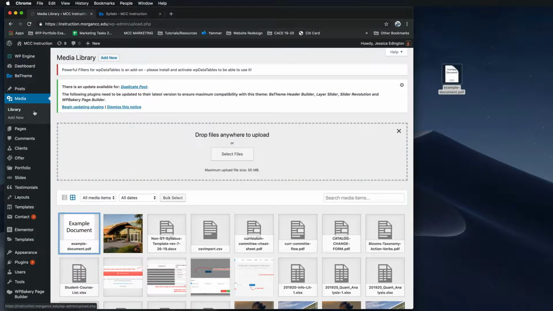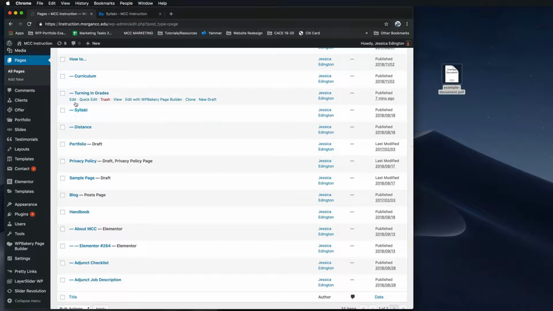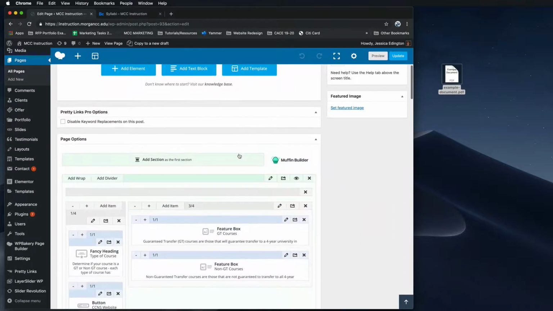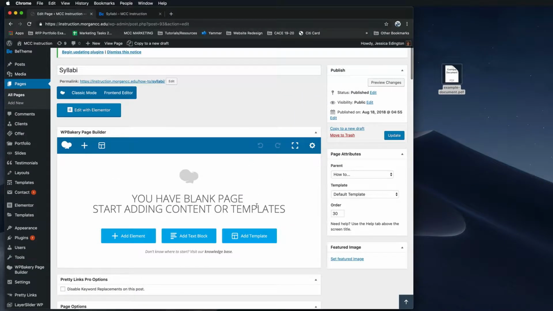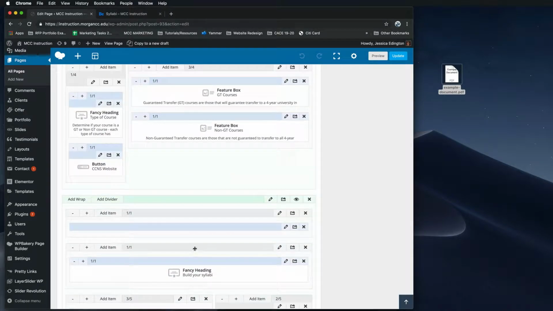So we're going to come over here and I'm going to go to Pages. And I'm going to choose, where is syllabi? There it is. And when I get in here, sometimes with these pages, you may or may not be able to see some of the building elements. So this says it's blank, but it's not actually blank. It's all these like page building blocks down here. Building